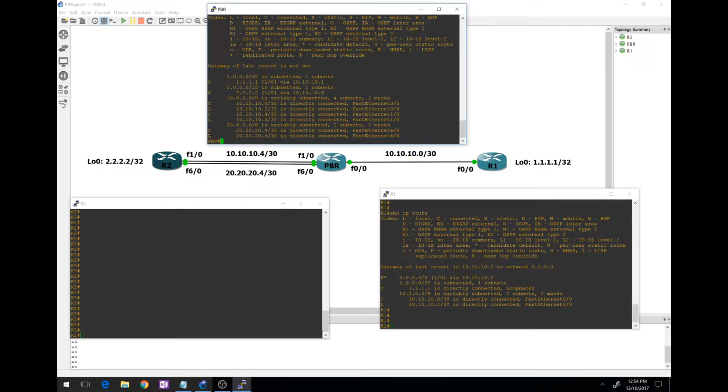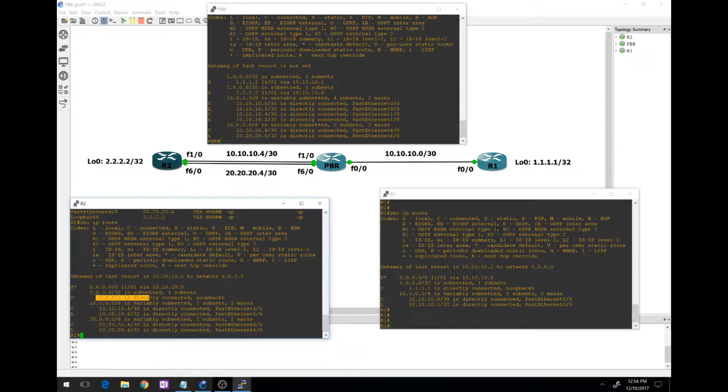Okay, no static routes here. No default routes here. So we only know about our connected routes and the two loopbacks. Anything else, we don't know the routing for. Over on router 2, show ip interface brief. You can see we have our two directly connected interfaces. This is our 10 network and our 20 network, as well as our loopback. Now to show the routing table here,